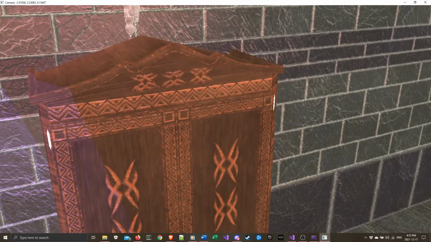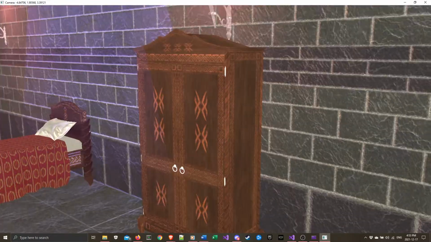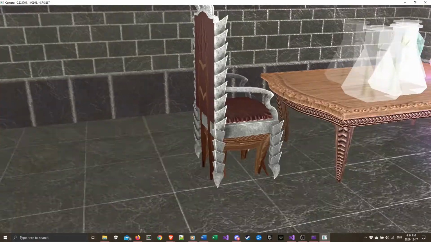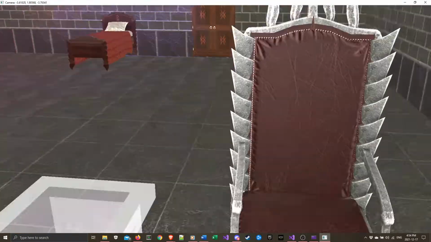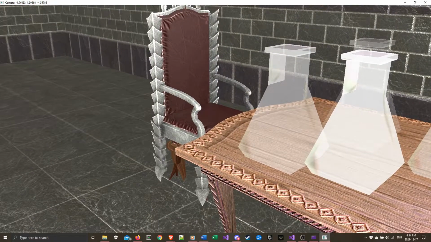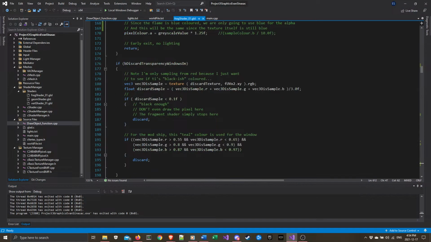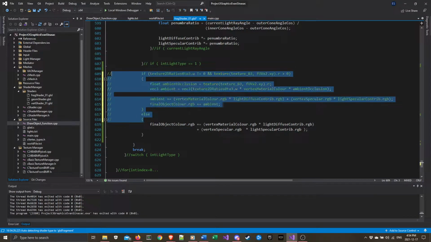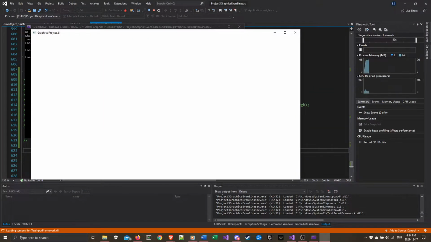Anyways, and then on the wardrobe, the handles and hinges are kind of the same whitish color, and all the silver parts on the chair, how it's pretty bright, pretty shiny, because now if I go into the fragment shader and I take out the ambient occlusion and we go back to how the final color was just added before,